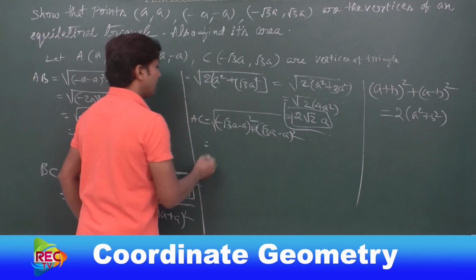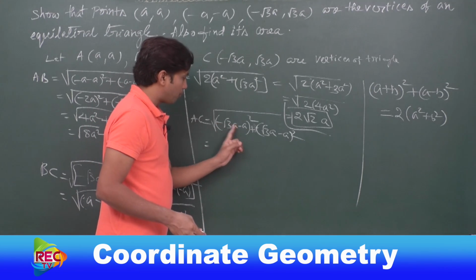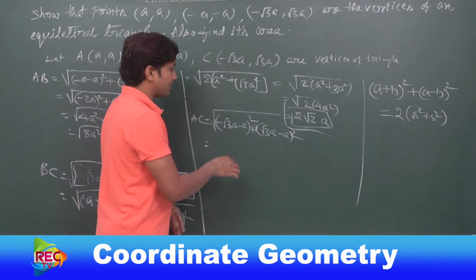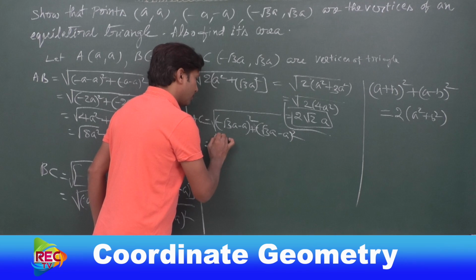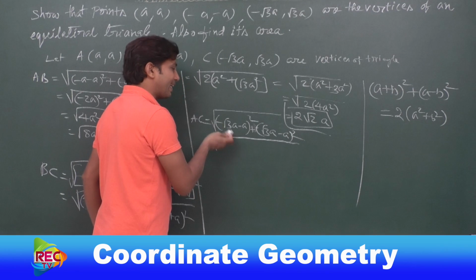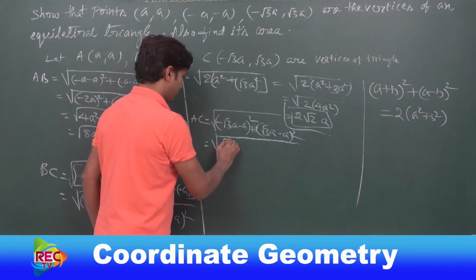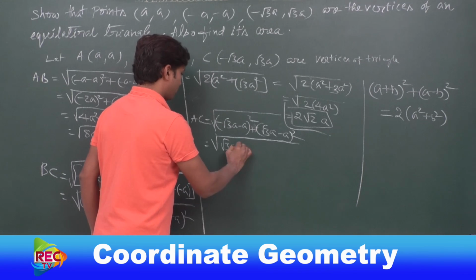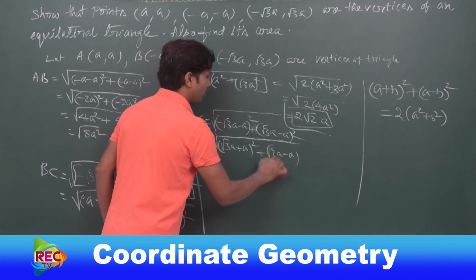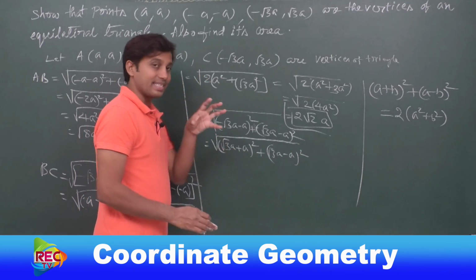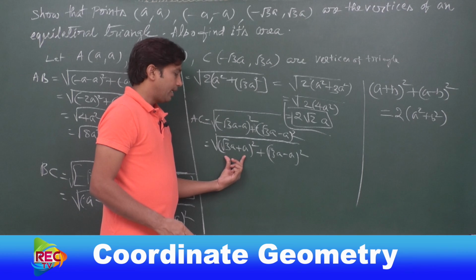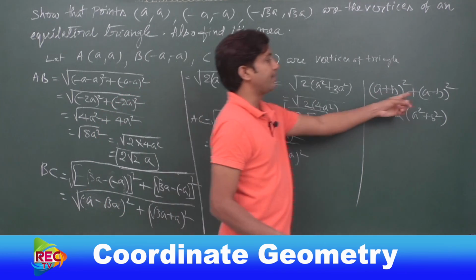Just see, here we have a minus symbol for both the terms. If you take the minus common, since there is a square, this becomes plus. So this can be written as, under the square root, since the minus symbol is common for both the terms, we can neglect it. This will be converted to plus because of the square: (√3a + a)² and (√3a − a)². If you consider √3a as a and a as b, then this is (a + b)² plus (a − b)² again.